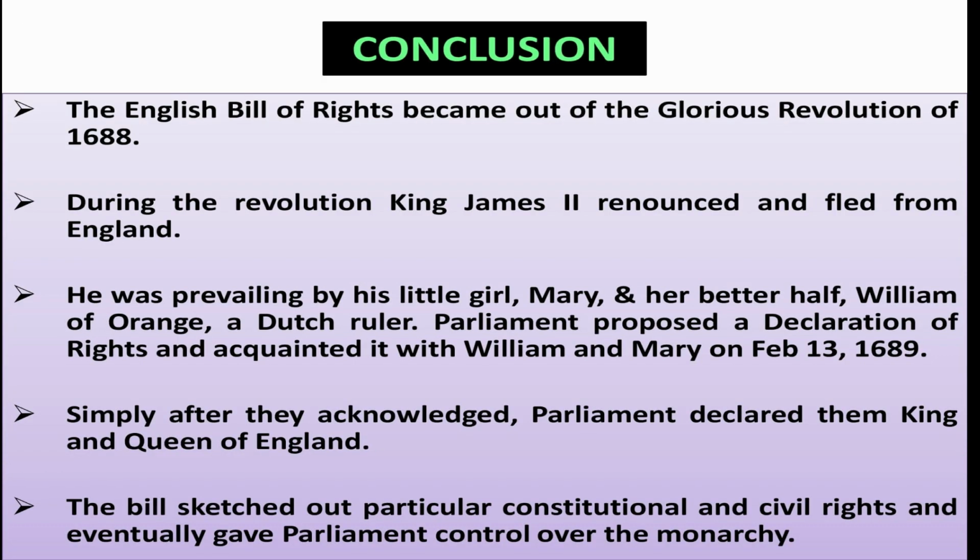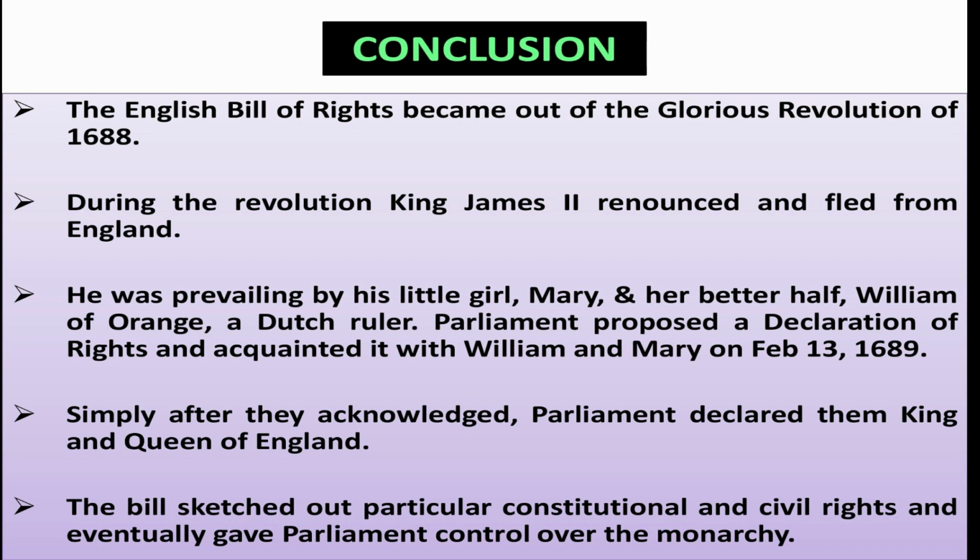Conclusion. The English Bill of Rights came out of the Glorious Revolution of 1688. During the unrest and revolution, King James II abdicated and fled from England. He was succeeded by his daughter Mary and her husband William of Orange, a Dutch ruler. Parliament